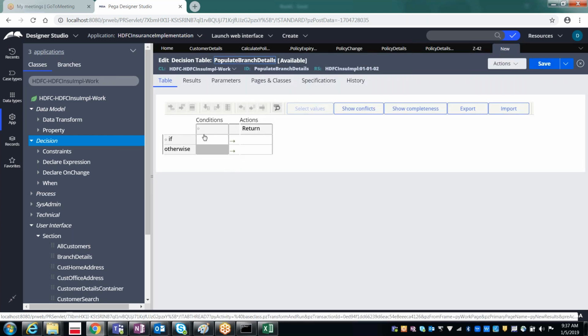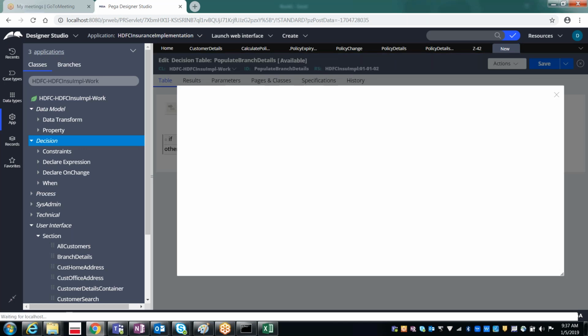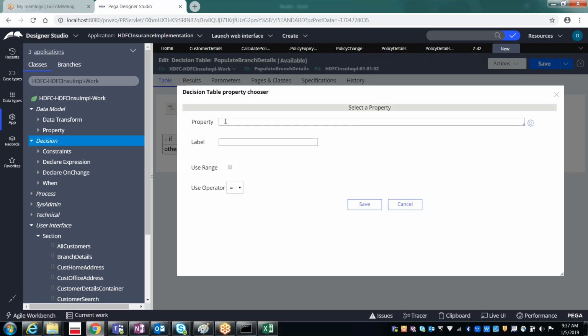So now here we need to select the property, the one which you wanted to verify. Okay, so how you can just click on this. If you click on that, it will open a pop-up window, and in that it is asking the property which you wanted to verify. So what we wanted to verify? Branch code. The label again, if you want, you can modify it. Even if you want, you can use the range also. Earlier for one of the decision tables we have used, the range is between 1 to 9 and the range is between 10 to 100. That kind of range, if you want to use, you can select the range.